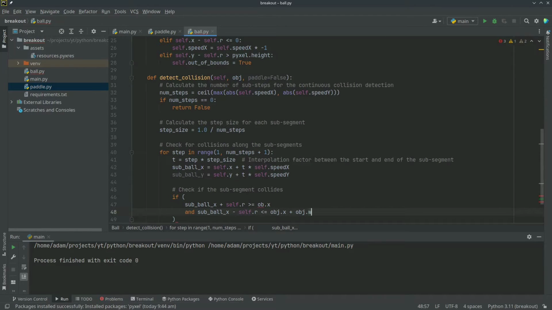So if the ball's left hand side is basically inside the object, if it's left of the right hand side of the object,